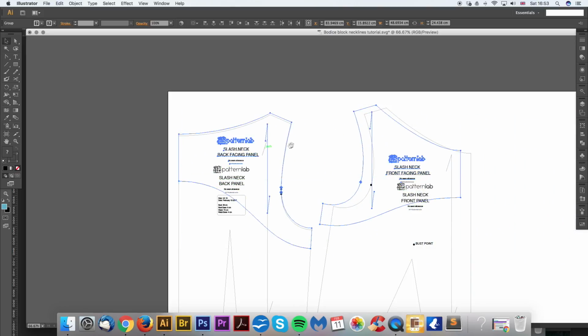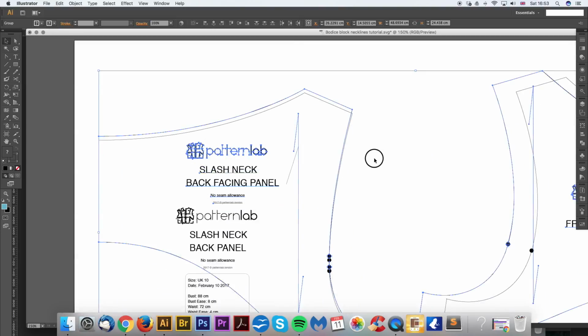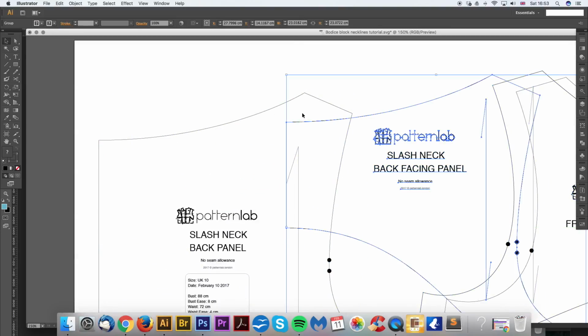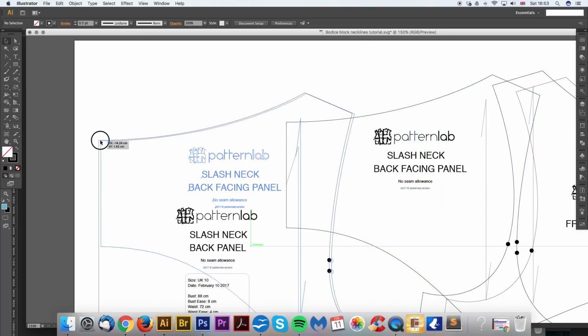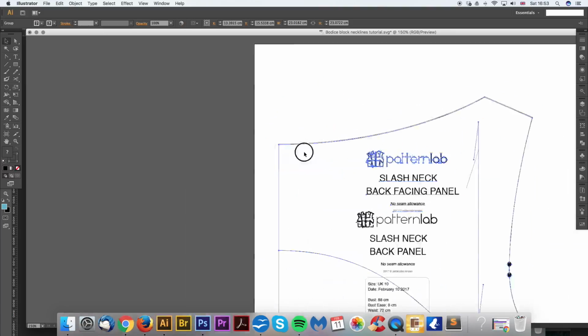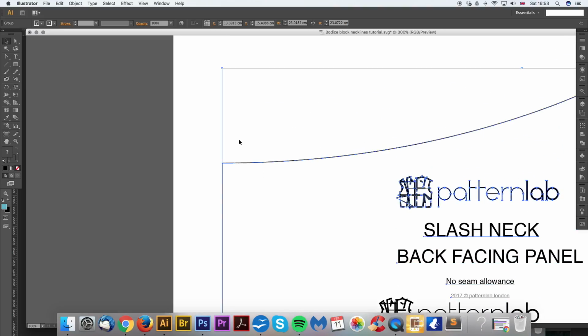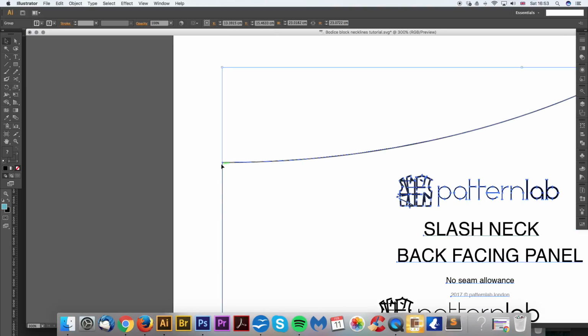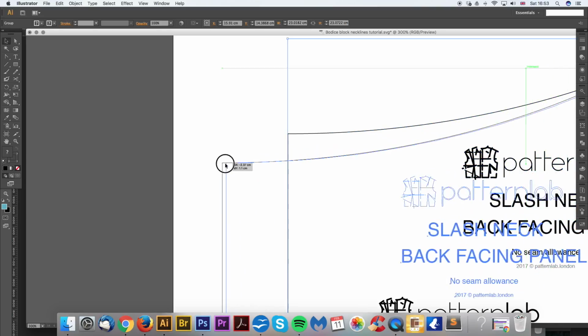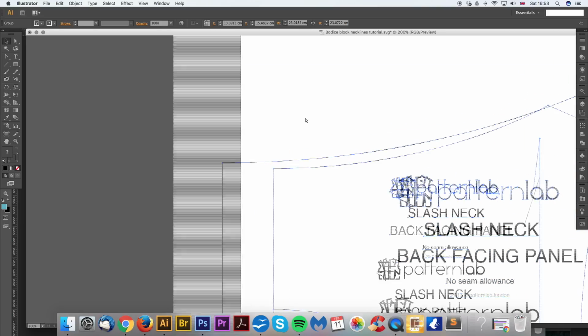I'm just going to line them up, or at least line one of them up for now. So let's just take it off. I'm going to use the big selection tool, click on that point and then drag it to where it should be. Okay, I'm a little bit off here, but that's alright. You can zoom in and you can nudge it with the arrow keys. Okay, you can nudge it around, just getting closer, and that will give you a more accurate ability to